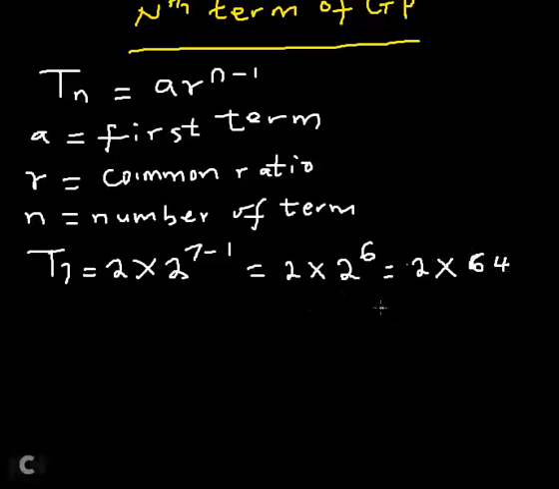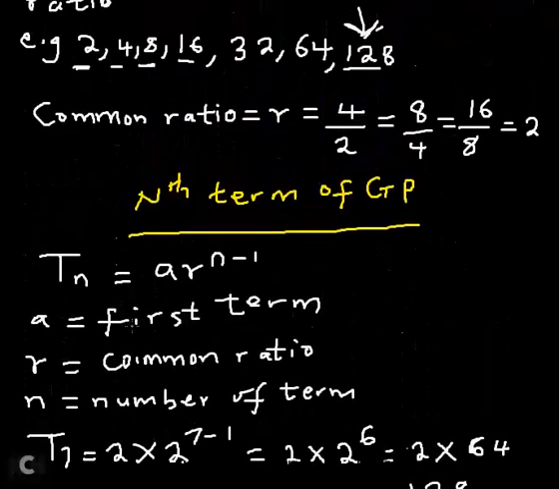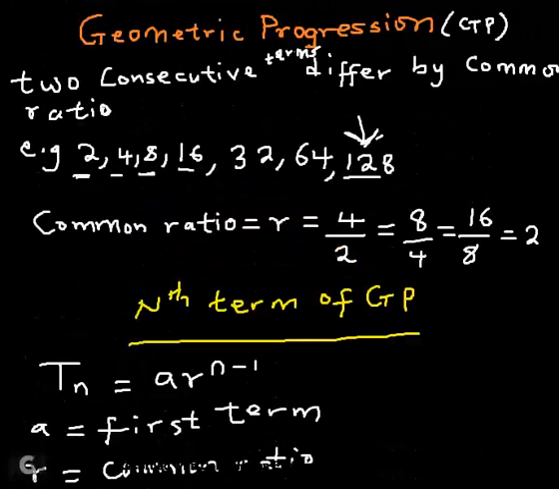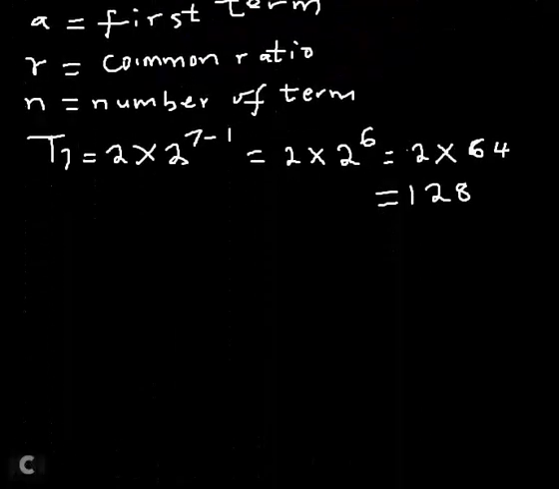Then of course 2 times 64, that's 128. That has actually proven that my formula is valid. Okay, so please take note of that. Now, the next step is for us to express the formula of